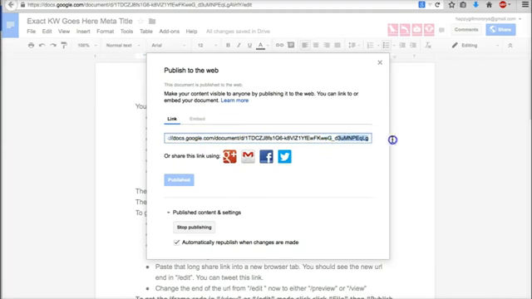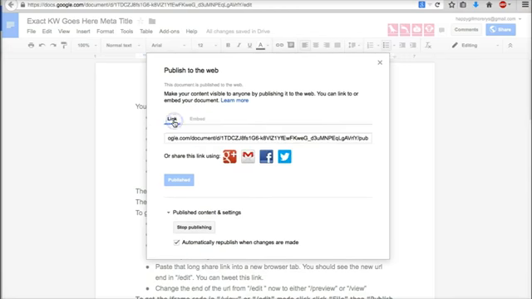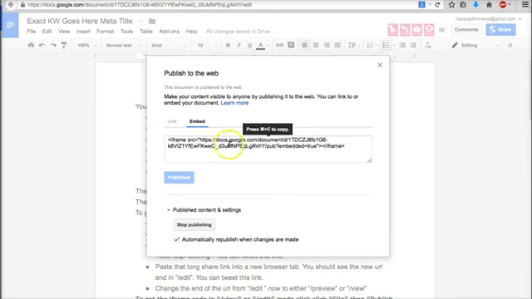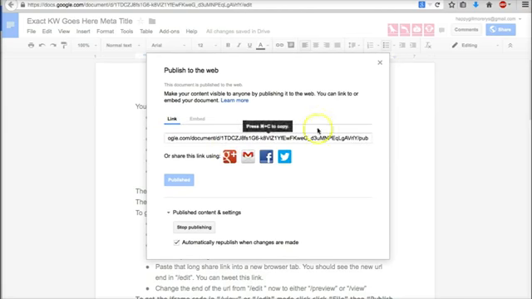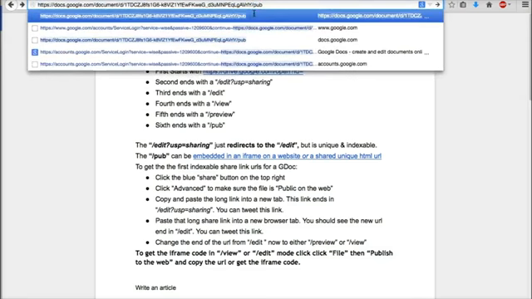As you can see, there's the pub, but now you also get iframe code. So you can now embed the iframe of this into a website if you wish. That's another way of getting another version of the URL out there. As you can see now, that's pub with embedded equals true and it's iframe. But if I go back now to my doc, I'm going to change that to pub, enter, and voila,